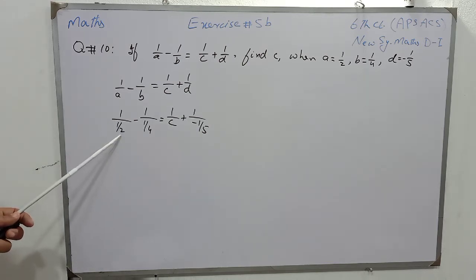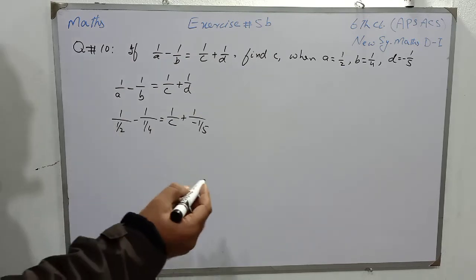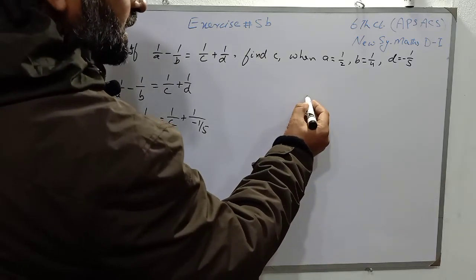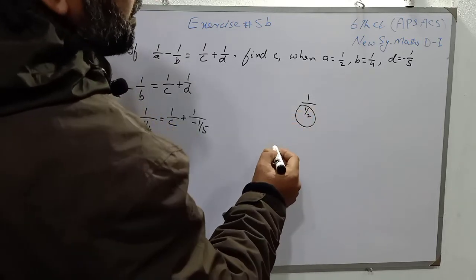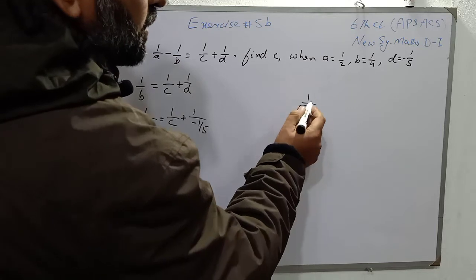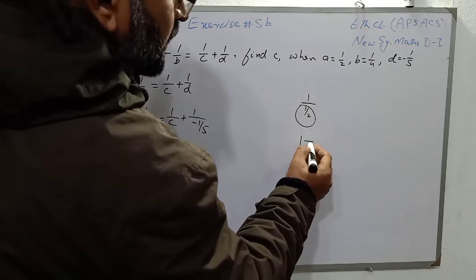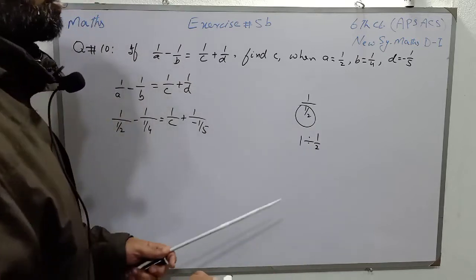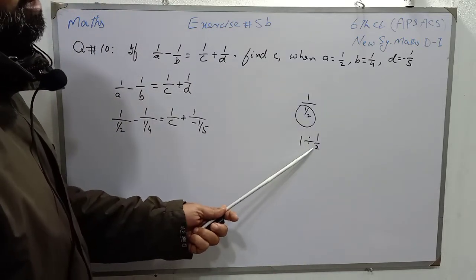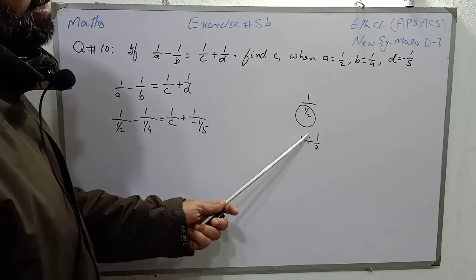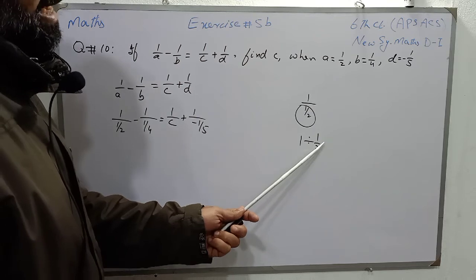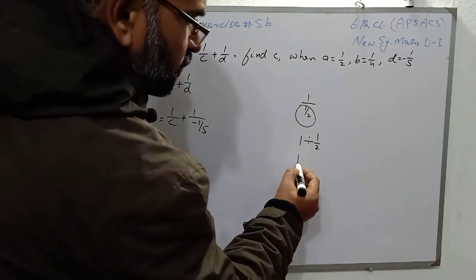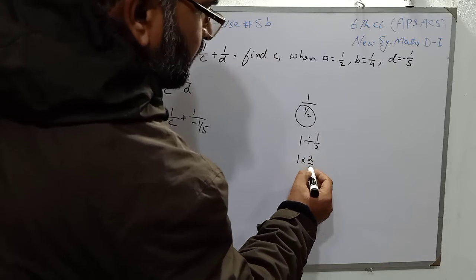If there is a denominator in the denominator, then that denominator will become the numerator. Suppose students, it is written that 1 over 1 over 2. This denominator means that it is dividing 1, so it is written as 1 divided by 1 over 2, and you know very well that when there is division in fractions, we have to convert division into multiplication and take the reciprocal of the next fraction. So it is written as 1 multiplied by 2 over 1.